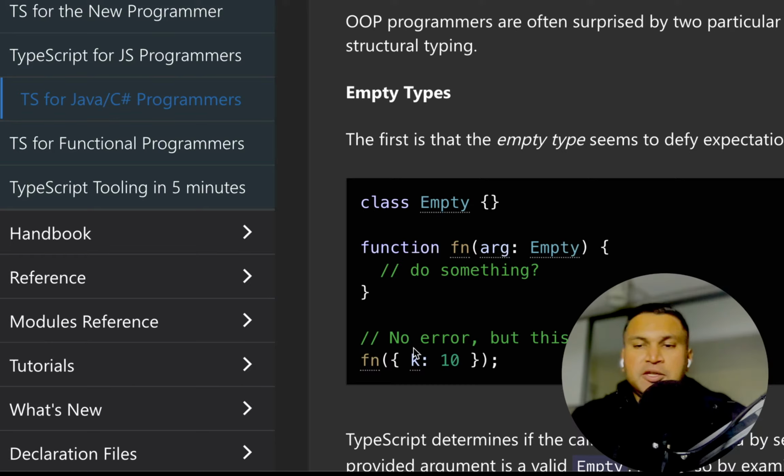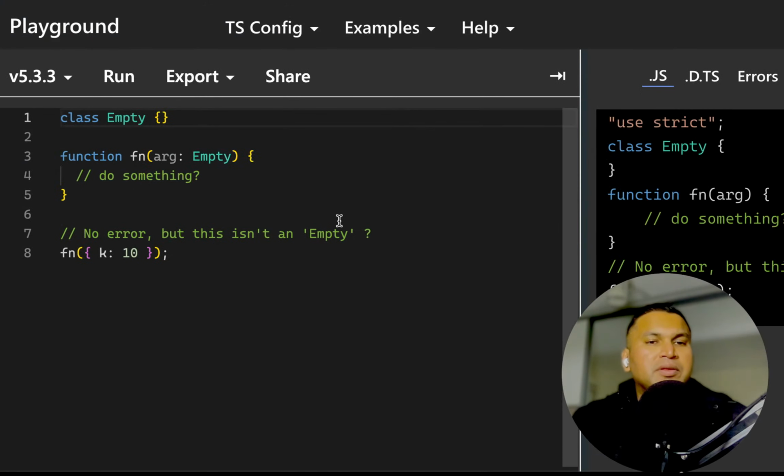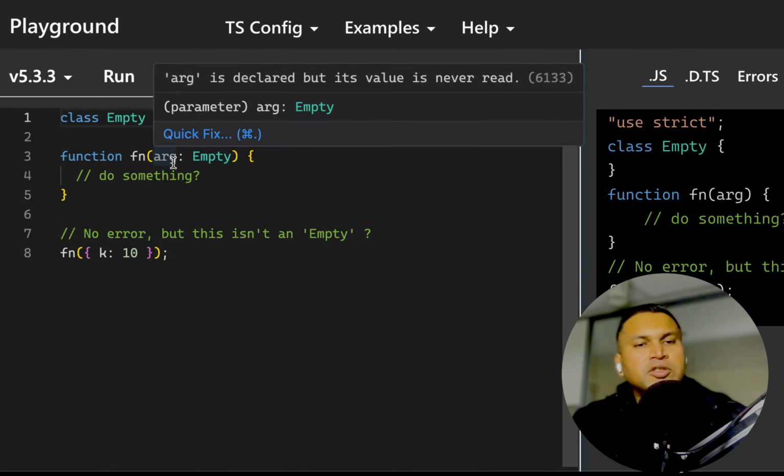This sounds a bit weird because in the Java world or any such type system, this feels a little bit not right. We're expecting it to get something with no properties, not something with any property. Now, the funniest thing is if you go here, let's play around with this anyway. So you have the function that takes the argument